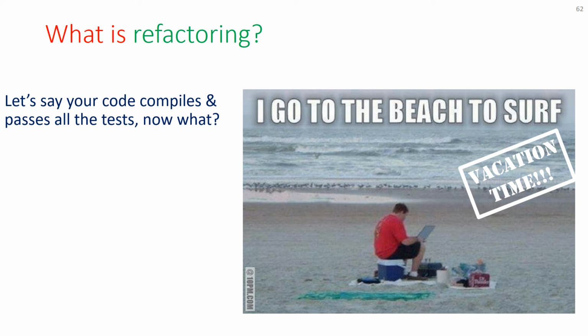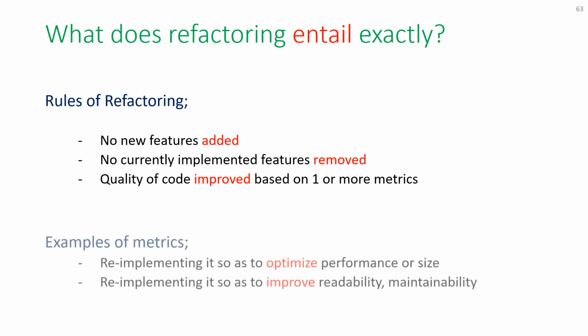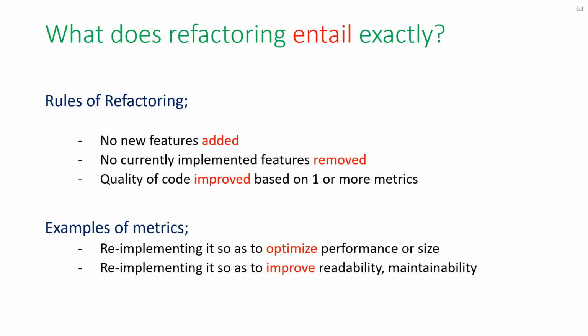So the other stuff that you can do instead of jumping right away to the next feature is do some refactoring. And refactoring means not changing what your program does, but improving one way or the other how it does what it is already doing, okay? So that means that we are not adding any feature. No new feature whatsoever. We don't remove any feature, okay? The program behaves exactly the same way. When I run it through my tests, after refactoring, all my tests should pass. That's why we keep those tests around,